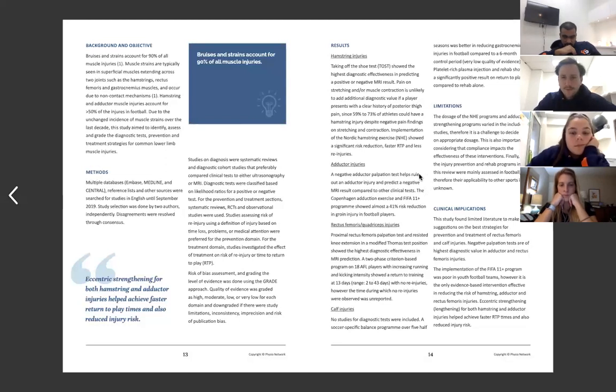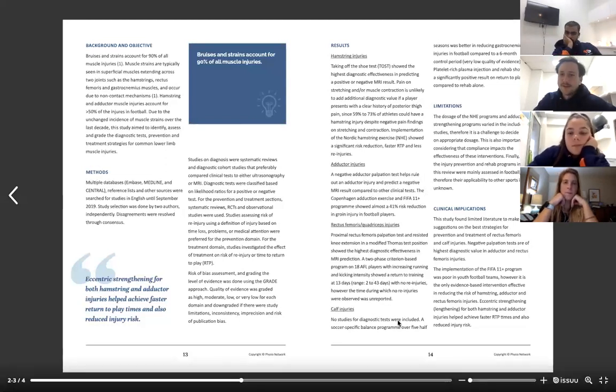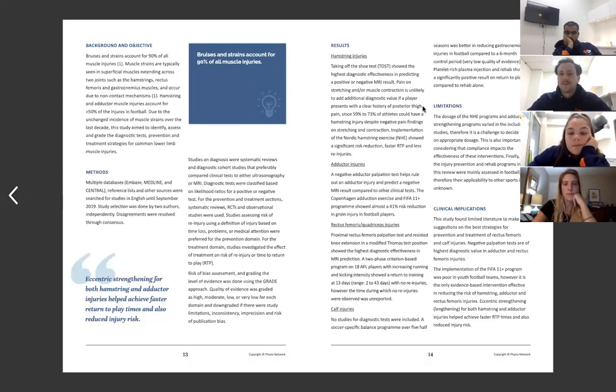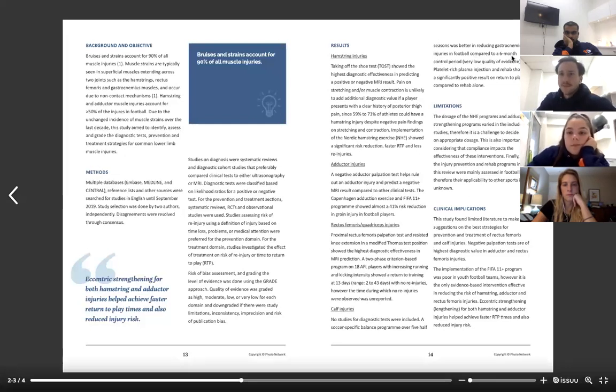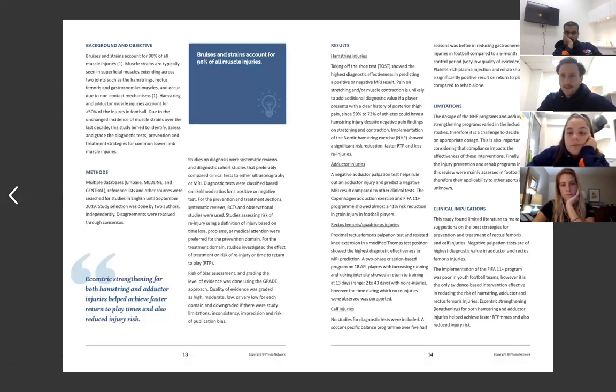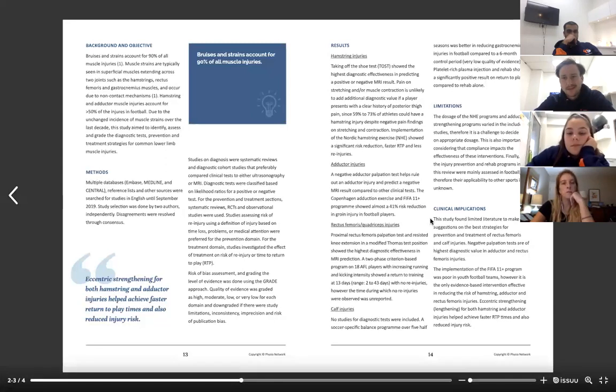So going into calf injuries, no study for diagnostic tests were included, but a soccer-specific balance program over 5 seasons was better in reducing gastroc injuries in football compared to a 6-month control period. Anyway, so there's a couple of different exercises and diagnostic tests for the big hamstring, adductor, rec-fem and calf injuries. But the clinical implications of this study,